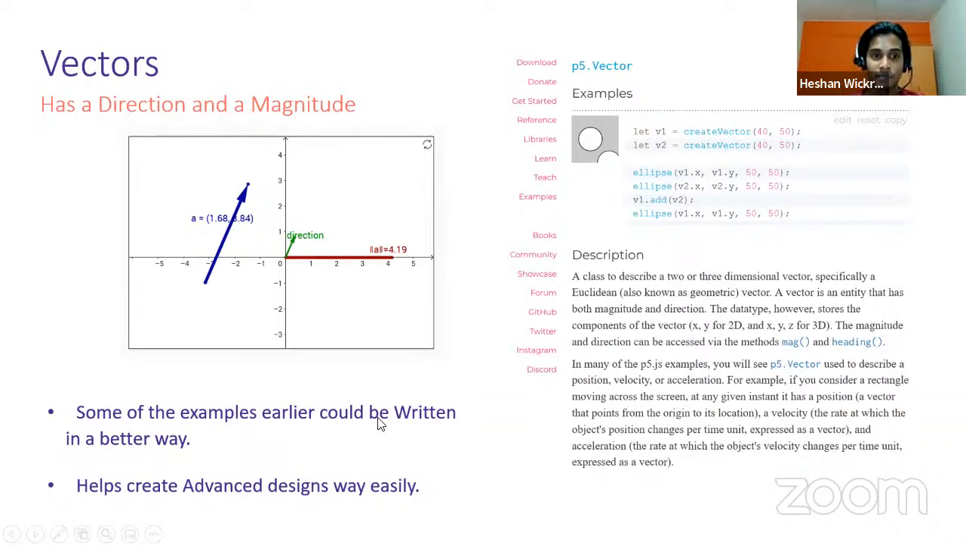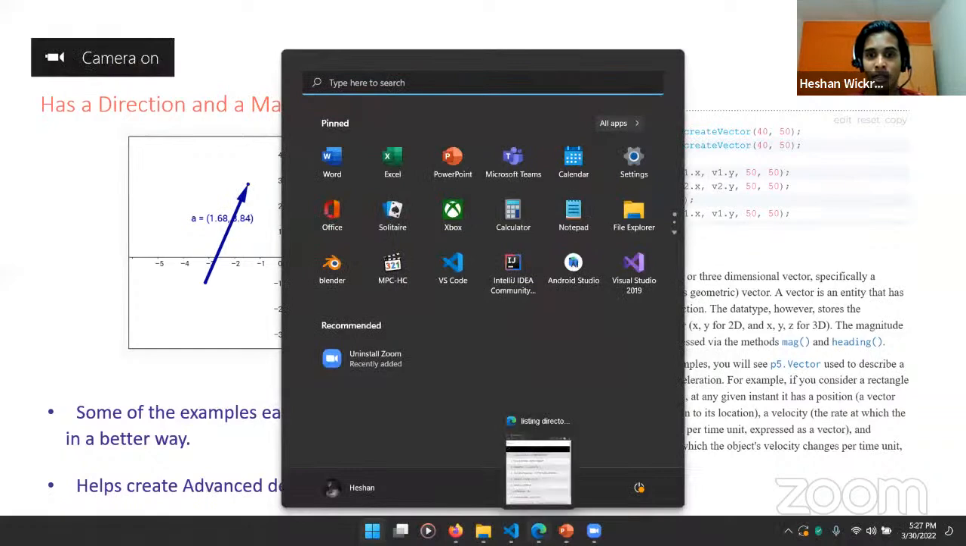P5 supports vectors. It has a built-in function called createVector, which you can create for each shape that you have in your project. And then you can manipulate the magnitude, add different vectors to it, and do vector mathematics on it to have an entirely different vector that goes in some direction that you want. So that's using vectors. If I go to an example here,